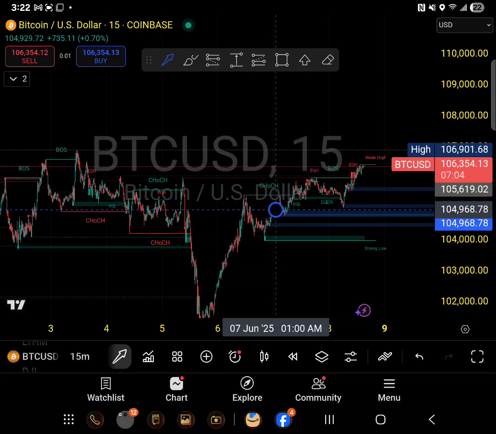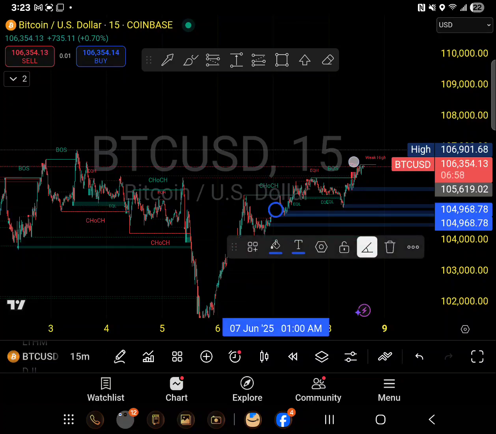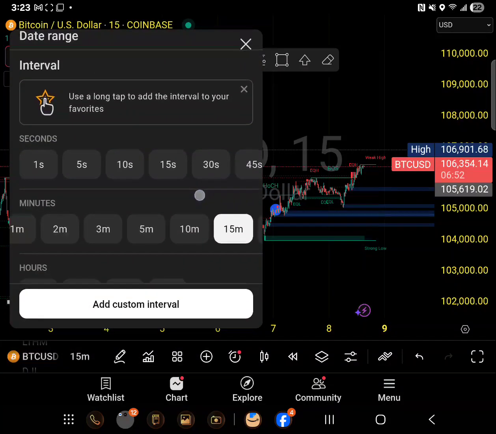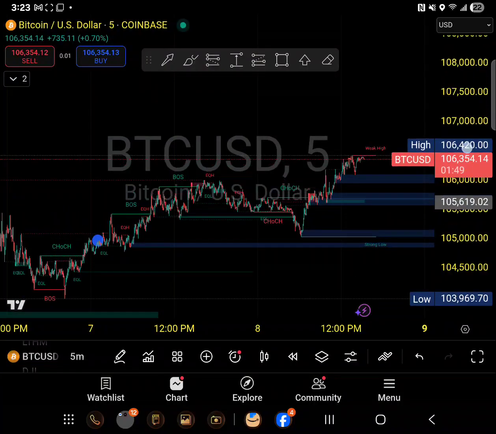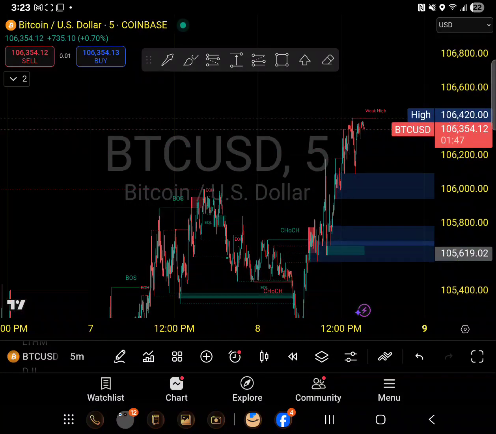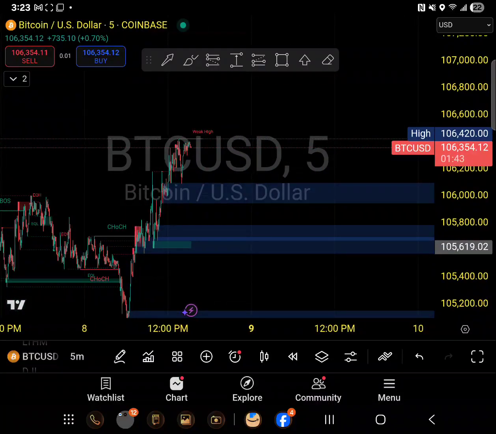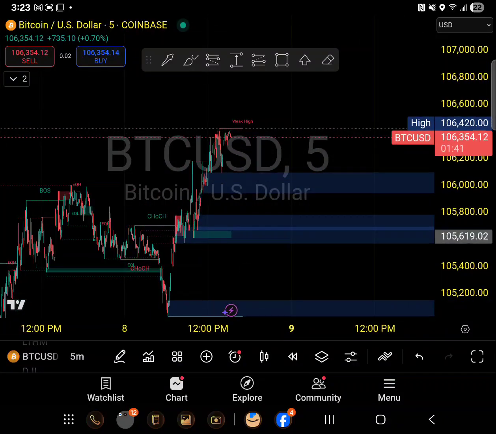If the market goes down again, right now it is at 106. So now you think, can it come to 105? Not right away. So what you will do, you will go back and look at the 5-minute charting, because that is what your plan is. You want to do a scalping. What you can do is come back again and look at it, and things will be more clear to you.